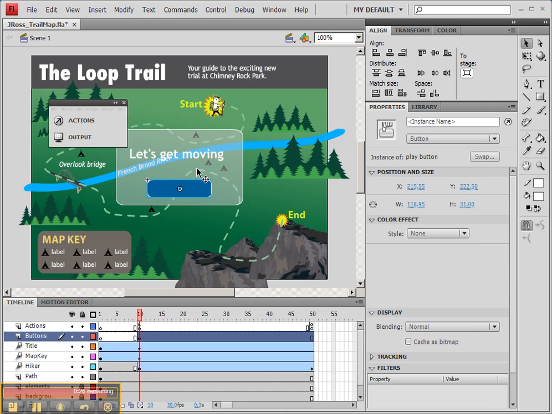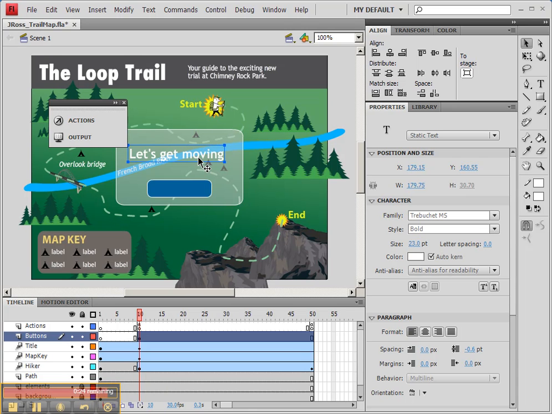And on this button, I'm also going to put some text. So I can copy and paste that text just with Control C and Control Shift V. I'm going to select that text and choose Start. I'm going to type that in and then make it just small enough to fit inside that button really well and nice and centered. Now another thing that we want to do is save our work right